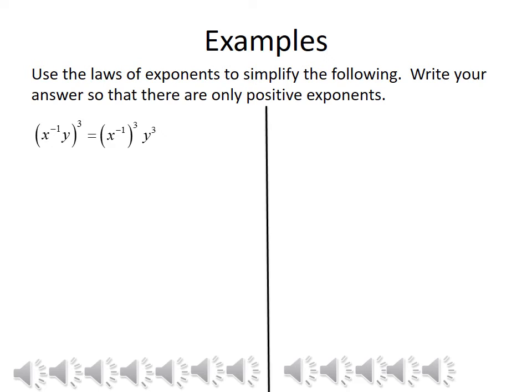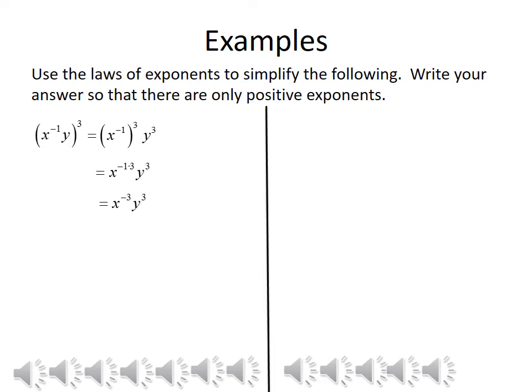So we can rewrite this problem as x to the negative 1 to the third power times y to the third power. Next, we'll use the second law from the previous slide that says that if you have an exponential expression raised to a power, you can simplify that by multiplying the exponents together. So we had x to the negative 1 raised to the third power. We can rewrite that as x to the negative 1 times 3. We simplify by multiplying. Negative 1 times 3 is negative 3, so now we have x to the negative 3